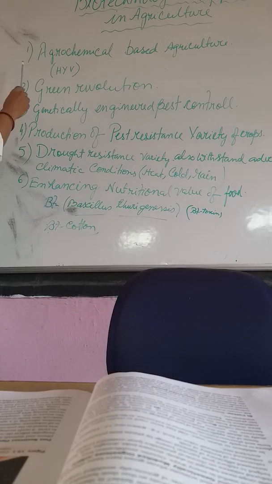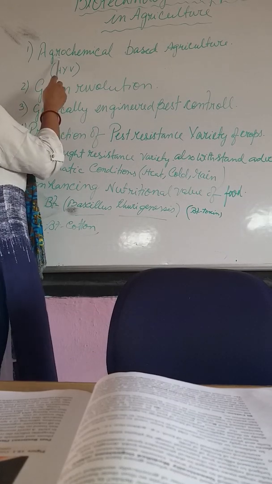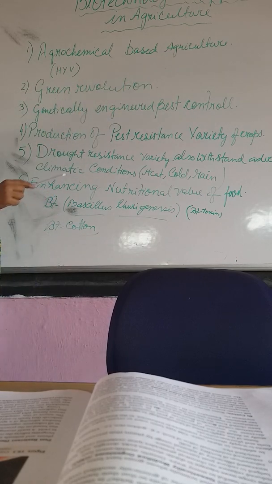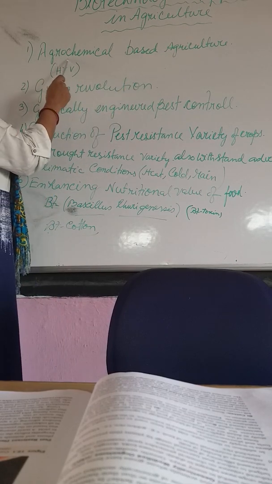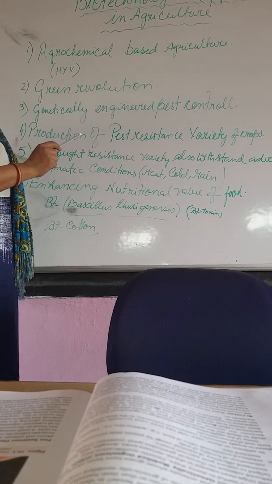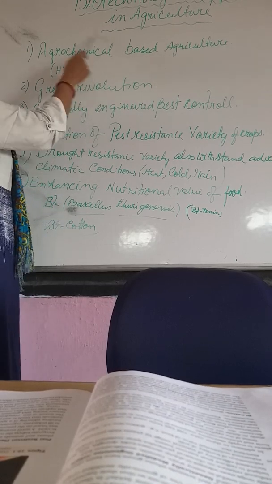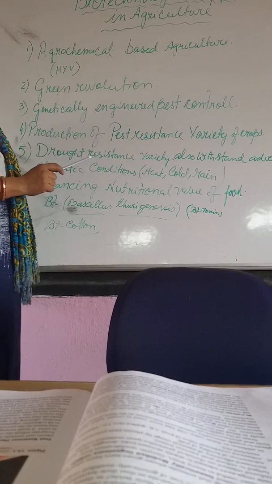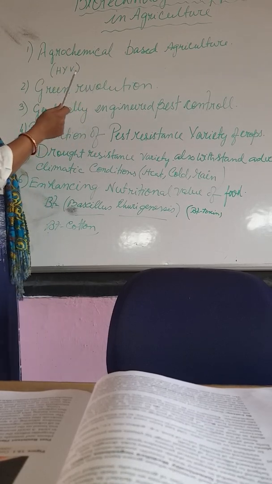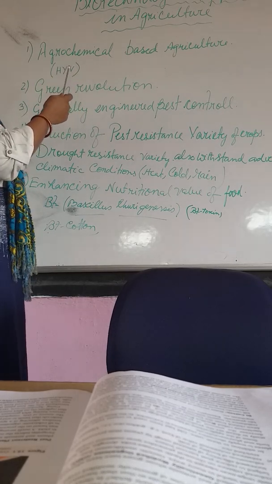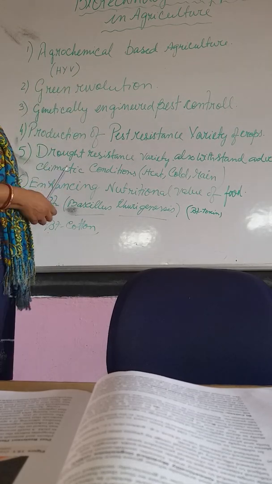Now here, the first point is agrochemical based agriculture. What is agrochemical? There are certain fertilizers that are harmful to nature. So this deals with the type of engineered gene that enhances the mineral imbibing capacity of the plants. For example,